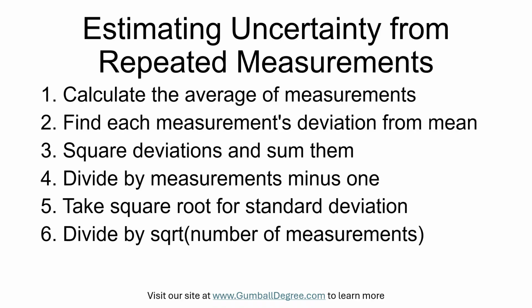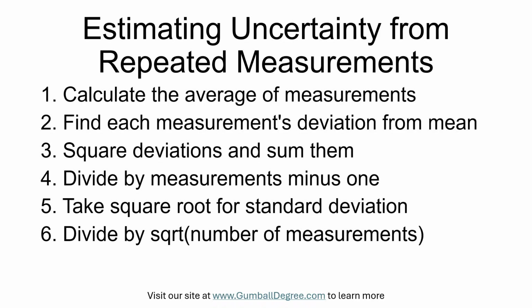the measurements. Next, find how far each measurement is from that average. Square those differences so they are all positive, add them up, and divide by the number of measurements minus 1 to get the variance. The square root of the variance is the standard deviation, which tells you how spread out the measurements are. If you want to know how precisely you have determined the average value, divide the standard deviation by the square root of the number of measurements to get the standard error, which usually becomes smaller the more